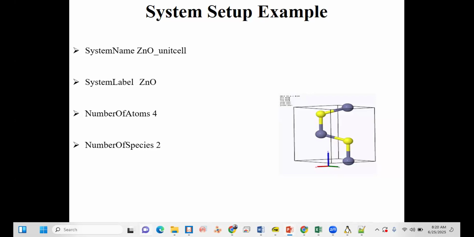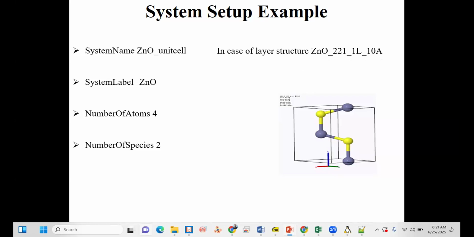Then the system label, which is very critical. You should not name many materials with the same label, because the same label is used in further calculations. In the case of a layer structure, you must write the system name like zinc oxide underscore 221 layer, I mean one layer, and underscore 10 angstrom.